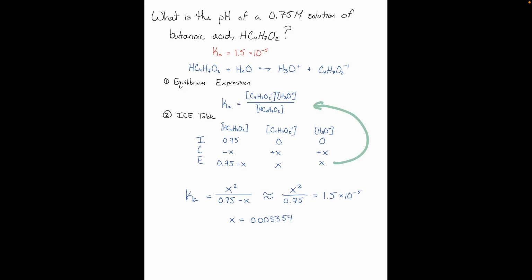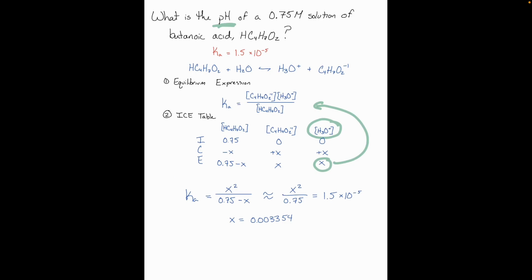All right, so I'm done? No, why am I not done yet? I got x. What is x, though? X is the concentration of hydronium ions. So if I had asked you for the concentration of hydronium ions, we'd be done. But I didn't ask you for the concentration of hydronium ions. I asked for pH. So we're going to have to make sure to take the negative log of that value,